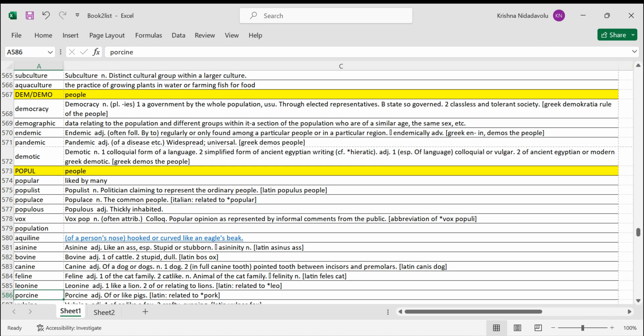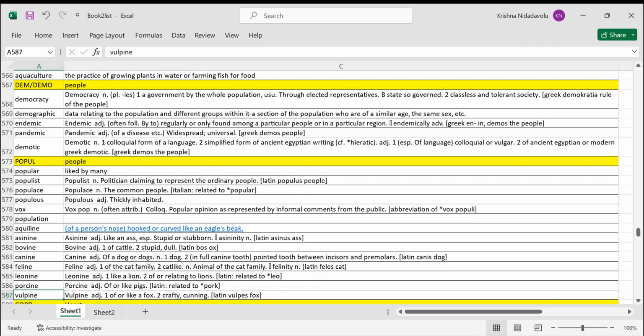Vulpine. Vulpine is related to fox. Very sneaky, very clever, very crafty, very foxy. Okay, foxes. Why have foxes been regarded as clever, crafty, and all? Because historically,